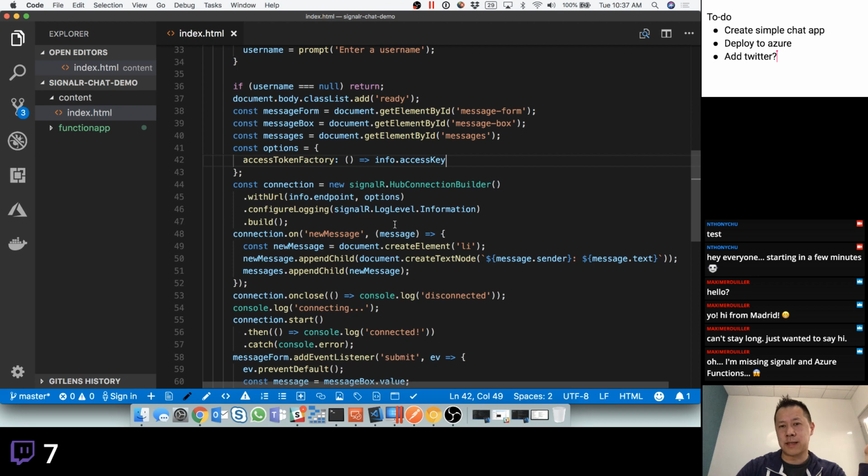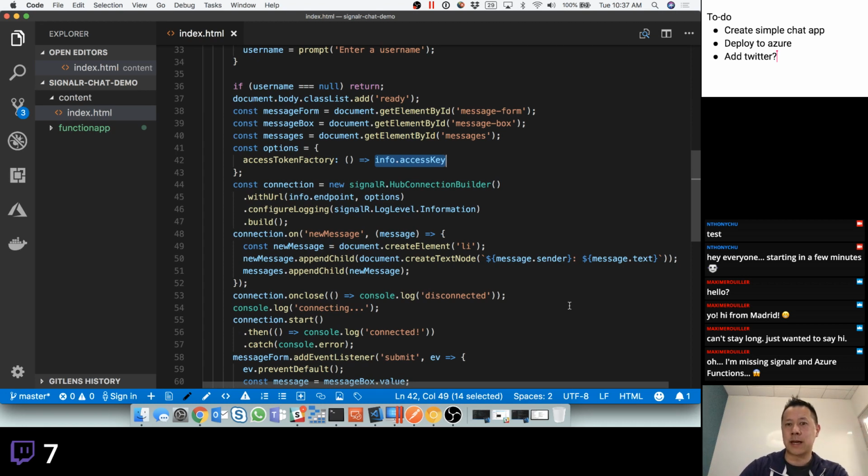Whenever it needs to connect, instead of reusing the token that we got when we first opened up the application, we should be making another call to the negotiate endpoint and getting a fresh token,